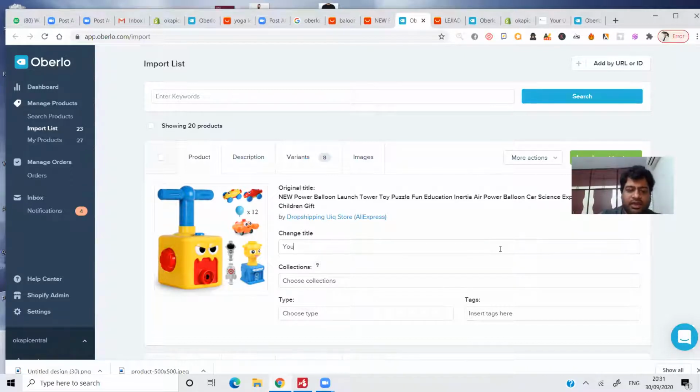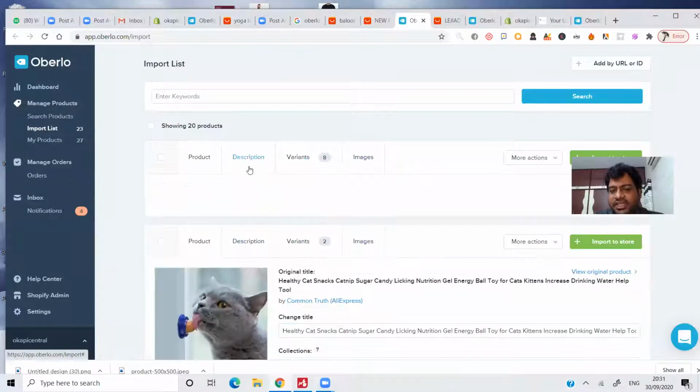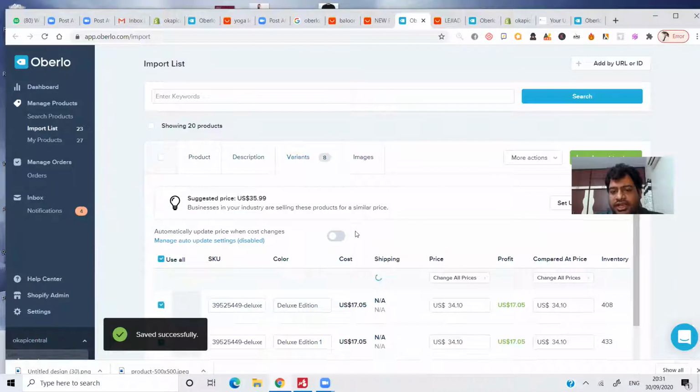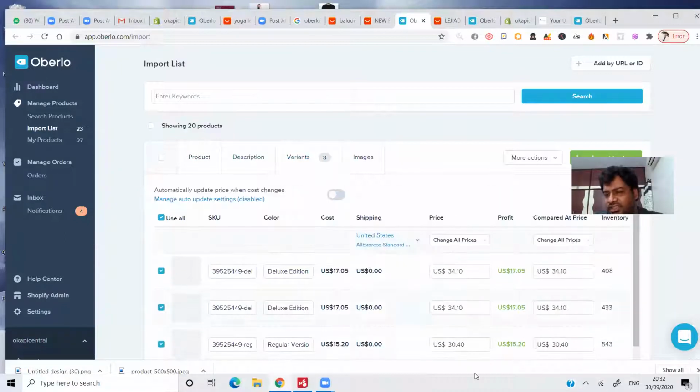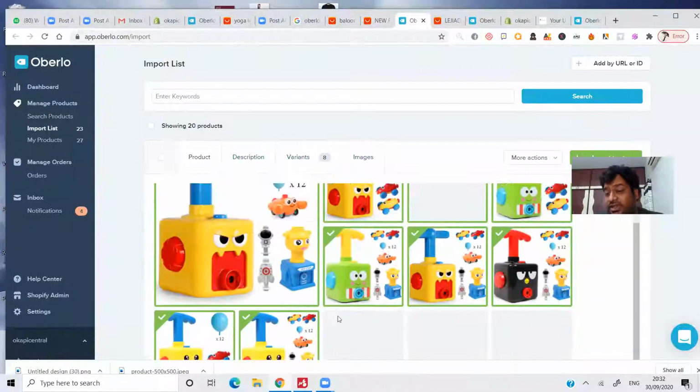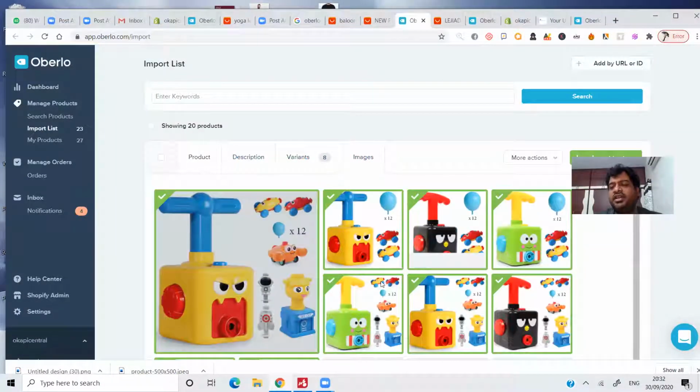Let me type in your kids' favorite companion, something like that. If you want to change the pricing, you can also change it here. If you want to add some more images or delete some images, you can do that here.